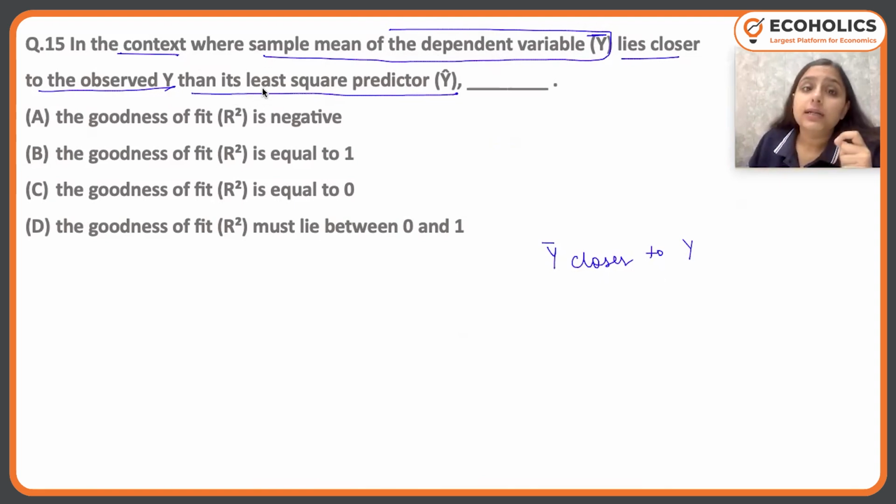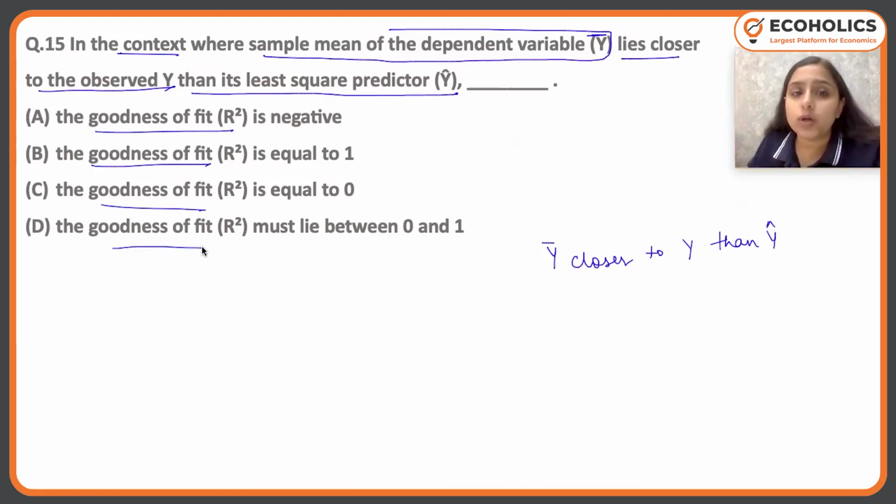Than its least square predictor. So the least square predictor is the expected value of y given xi in the regression, right? So y hat is not closer to y, but y bar is closer. So the sample mean is giving me a better estimation of y than the regression value of y, the predicted value of y. So what will happen to goodness of